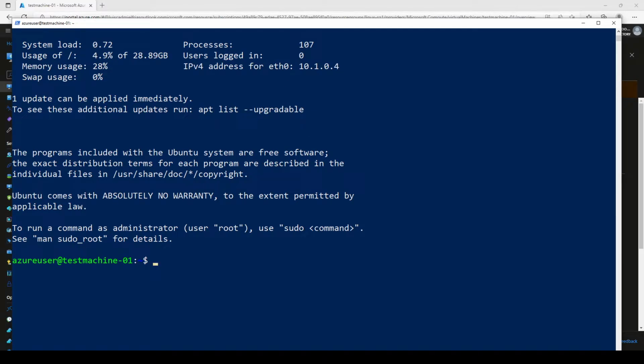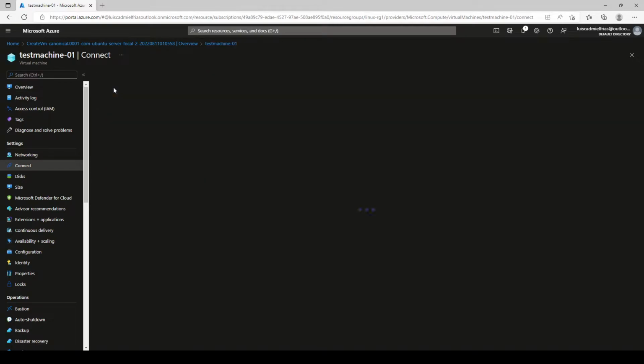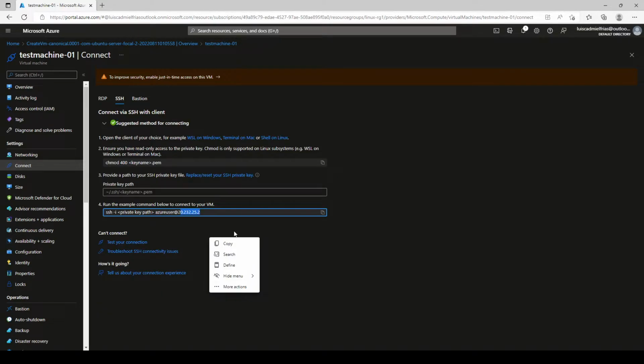It's good to note that if you are on a Mac or Linux machine, you have to open a bash prompt and set read-only permission on the .pem file using this right here. Let me show you. Using this right here, okay? With your location of your private key path and your user and your public IP address. So that's it on that part.